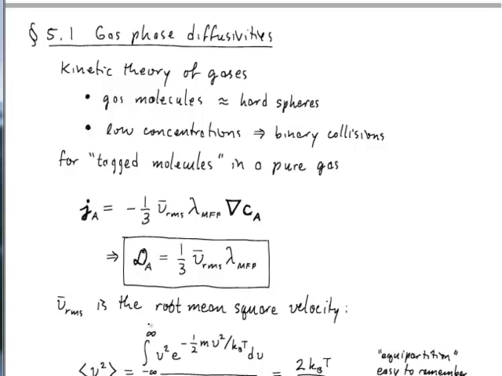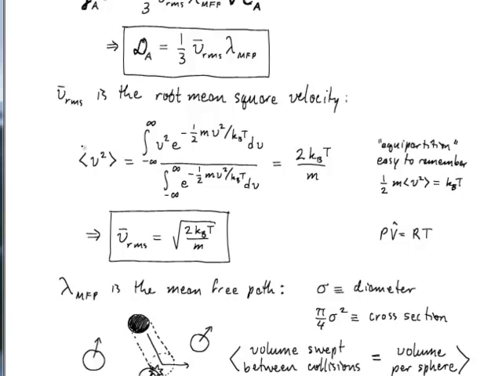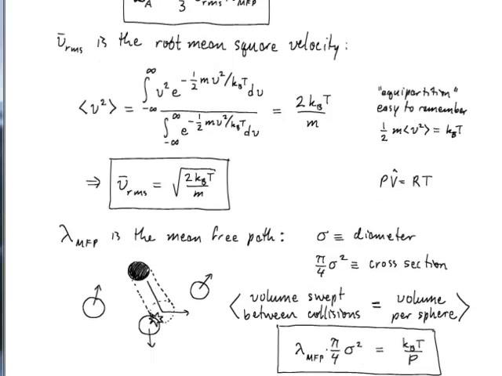Now, a little detail on what these characters are. The root mean square velocity from equipartition is easy to remember because you're just saying that the average kinetic energy, which is 1/2 m times average v squared, is equal to kBT. That's the thermal energy, right? So these things your science teachers told you in elementary school about temperature being related to kinetic energy were actually true. And so this is the formula from equipartition that gives you this root mean squared velocity. So, solving for v_rms, just take the square root of the right-hand side and you've got that. What about the mean free path?